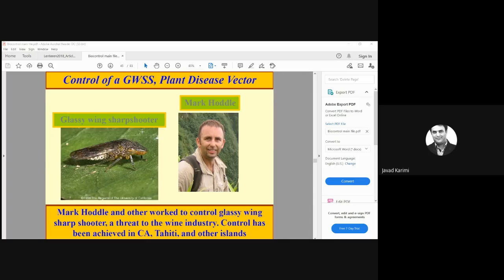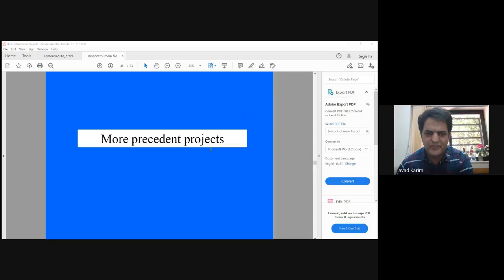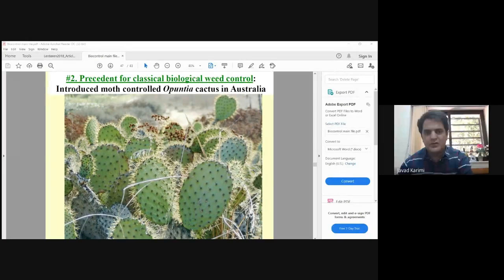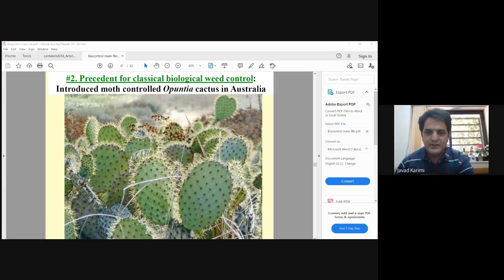After that, we can find another people who work on this item. For example, this Mark Hoddle, who works on the biocontrol of weed in University of Florida. And we can find some other example about this issue about biocontrol. Another example is the control of this cactus. This cactus was introduced into Australia for use as a plant, but